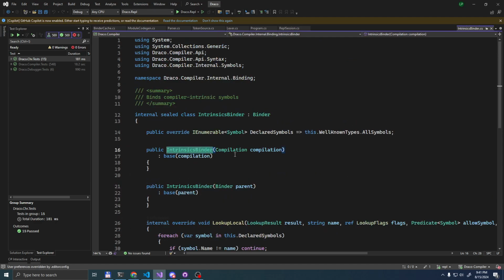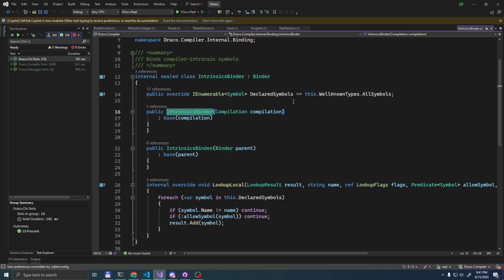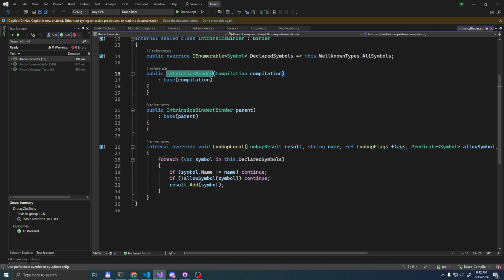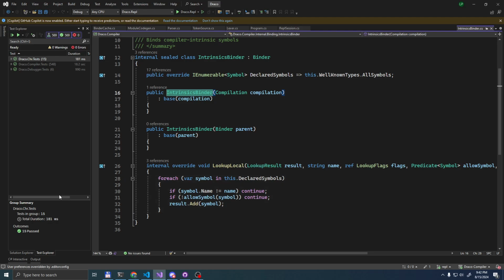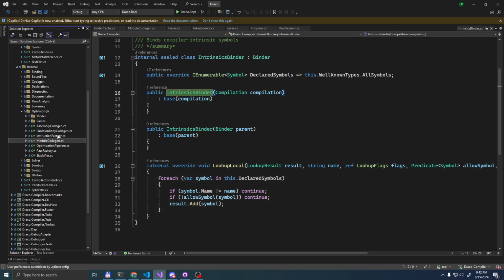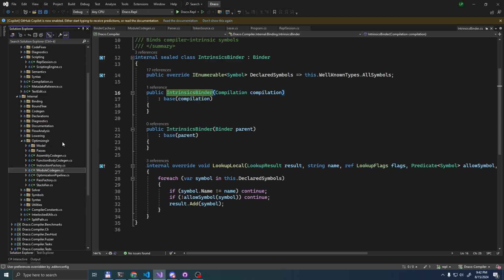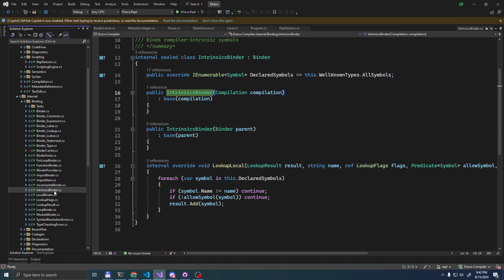Now we can just do something like copy the intrinsics binder, as that's really simple. Or we might be able to just extend the intrinsics binder, but we might not want to do that because I don't think we should stop the user from shadowing things from the intrinsics scope. So I would say we can just copy paste this class. It shouldn't hurt us at all. Let's actually do that. The binding logic is in binding. Okay, that makes sense. So let's try to copy paste this.